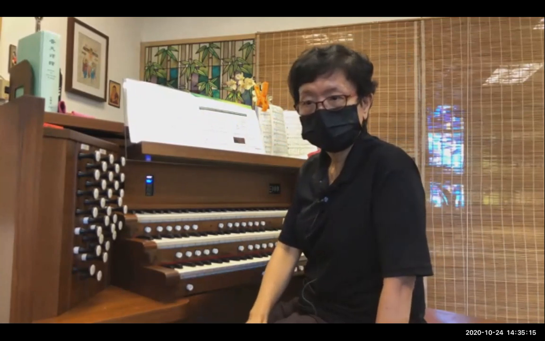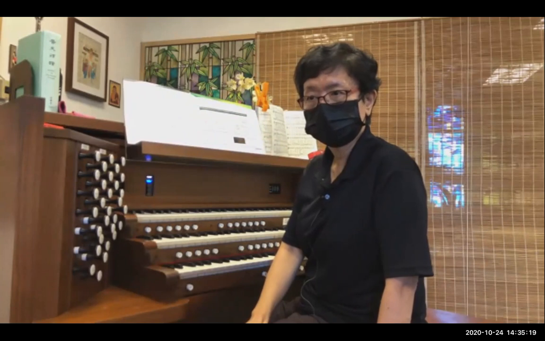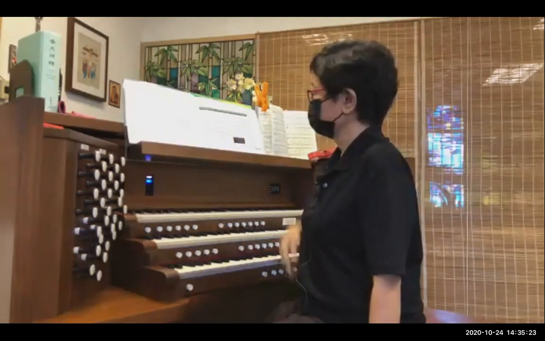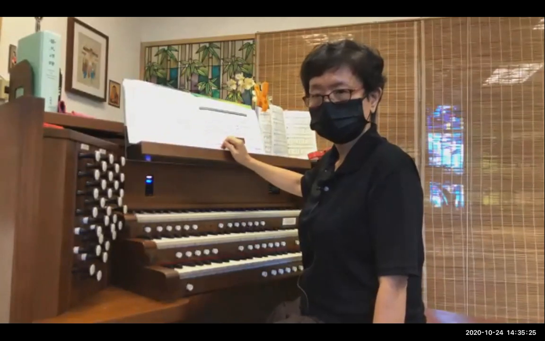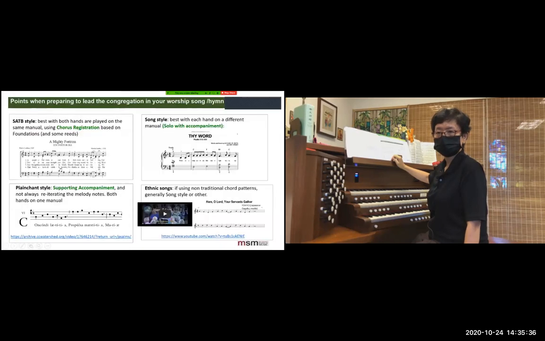Let's go to the next. I pressed this, but it didn't work. I'm trying to turn the page. No, the second page. Oh, okay. The second page. Okay, so